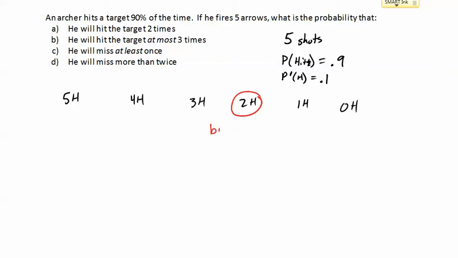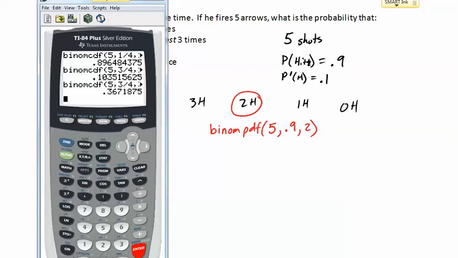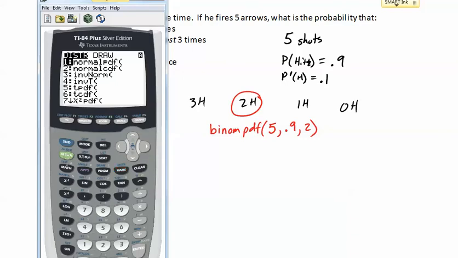So if I use the calculator, I'm going to go binom PDF, probability of a specific position. There are 5 attempts. The probability of my desired is to hit it 0.9, and I want 2 of them. And so if we go straight to our calculator, we go binom PDF. Oh, it's got a CDF right now, so I'm going to have to clear and go into the distribution. And we want alpha A, which is the binom PDF, and so then I can go 5, comma, 0.9, comma, 2, and then push enter,